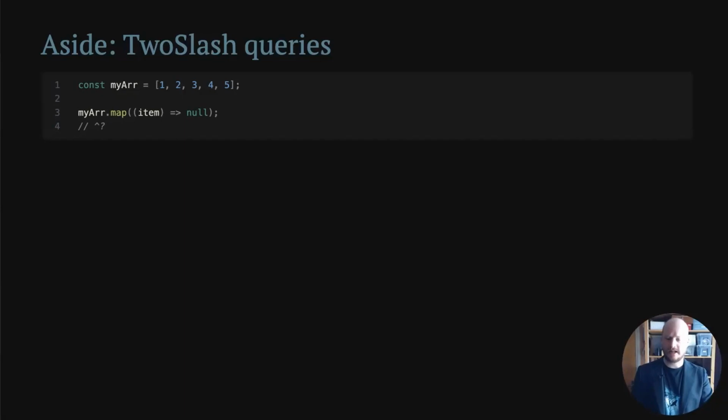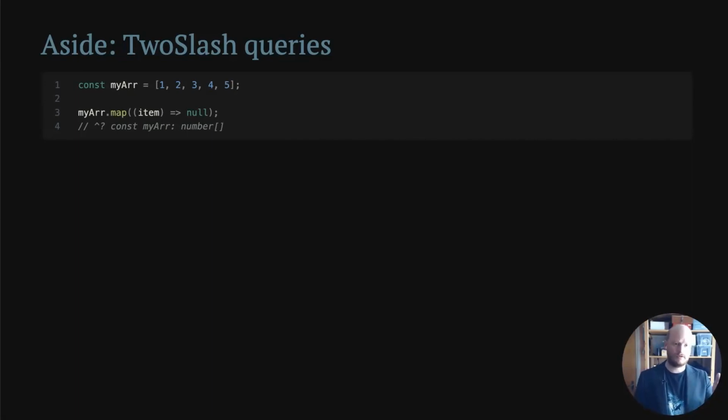The syntax down there at the bottom, the comment with a caret and a question mark, it's something called twoslash queries. I don't know if that's applicable in other languages, but in TypeScript, you can use this to get an interactively updating comment about the inferred type. So if I write this, my editor will automatically expand that to say, oh, const my array equals number array.